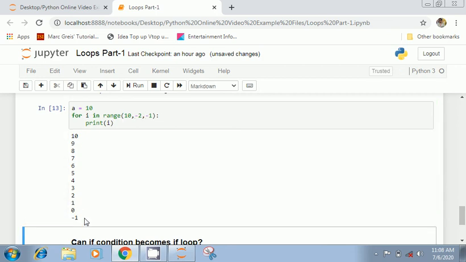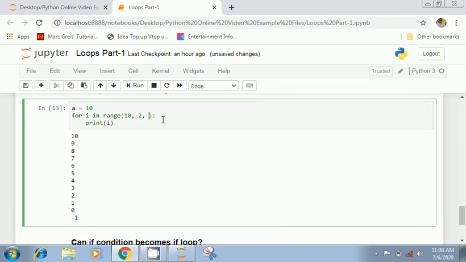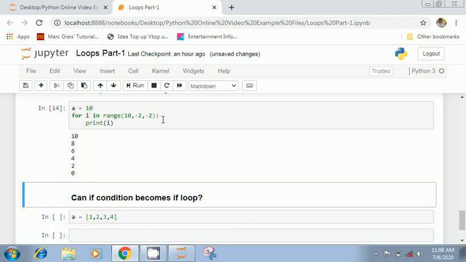Now this minus 1 value has been included in the list. If you want to decrement it by 2, just make it minus 2. Okay, 10, then 2 position decrement, then 2 position decrement, then 2 position decrement, then 2 position decrement, and so on. So this is the basic concept of using for loop when you need decrementing steps.